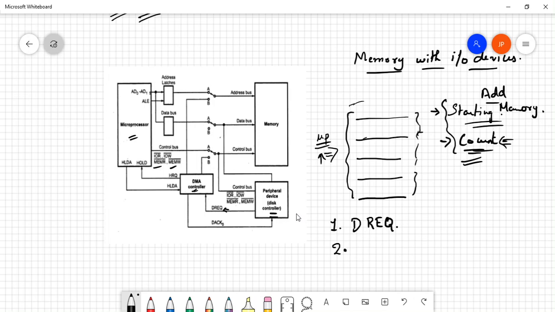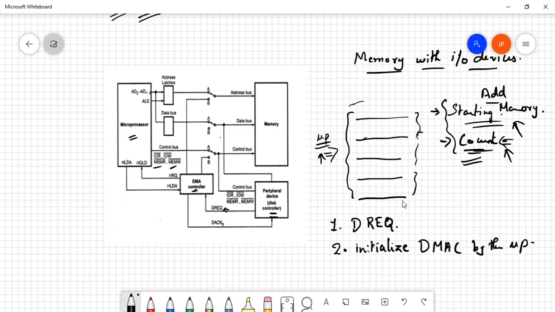So the second process is the initialization of the DMA. You need to initialize the DMA controller with the starting address and the count, which we have already discussed. These two pieces of information have to be initialized into the DMA controller by the processor.